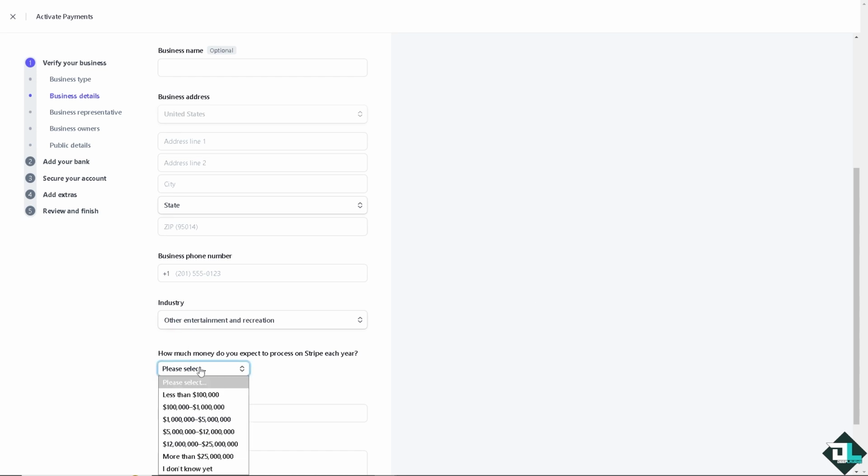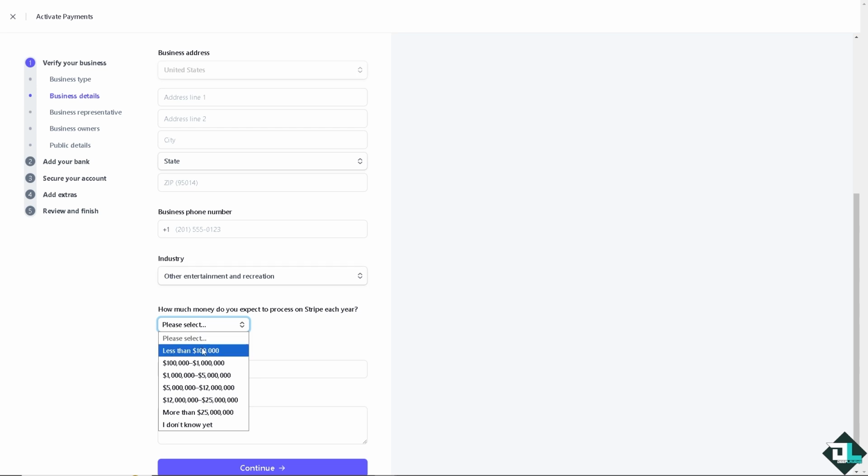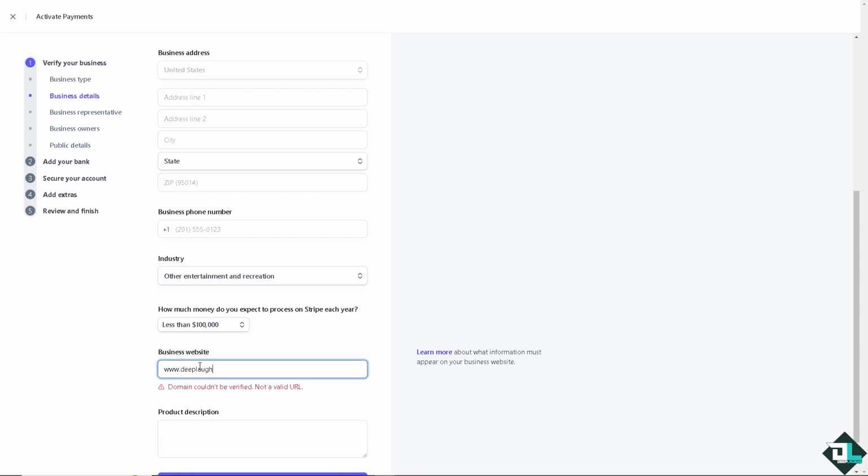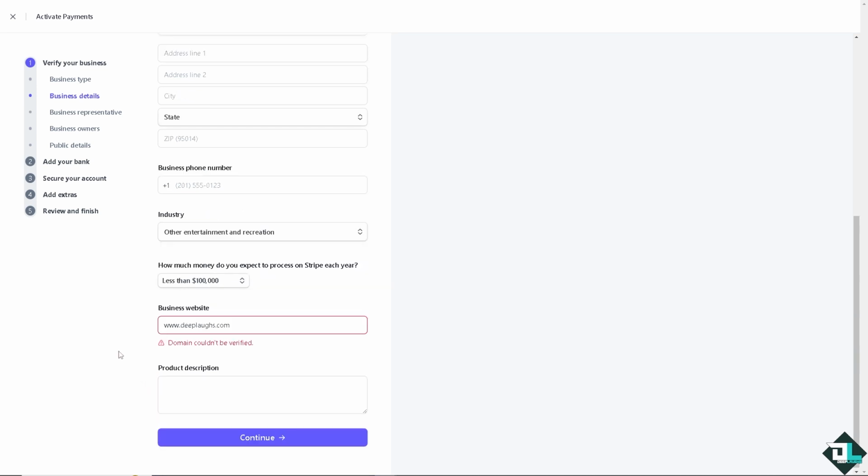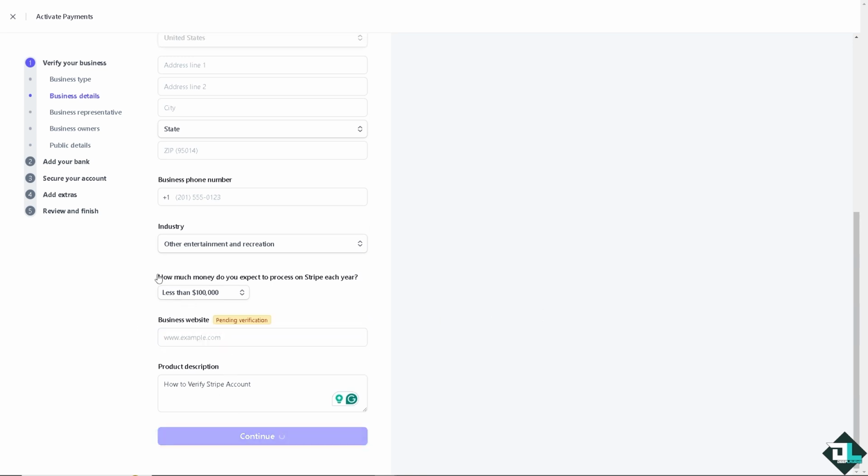All right, so you have to put in, for example, it's going to be a less than 100,000 business website if you have it. And so Stripe is intelligent to see if the domain couldn't be verified. All right, and of course you can put in the product description, for example, that, and click on continue if you are able to. And then after that, you click on the